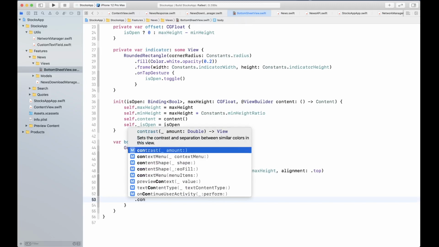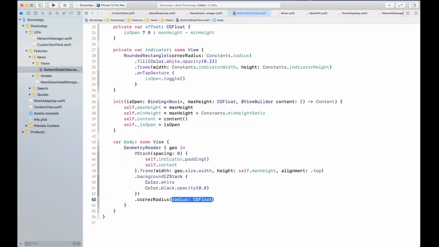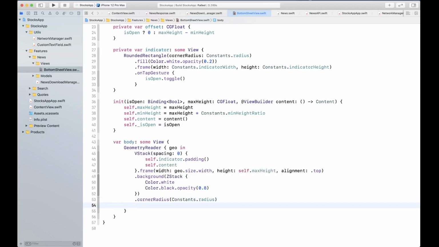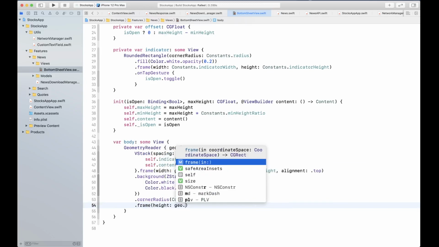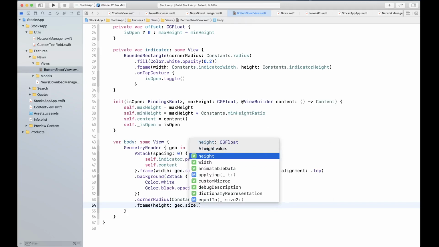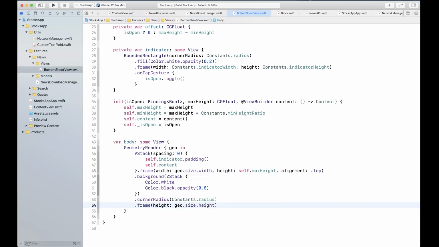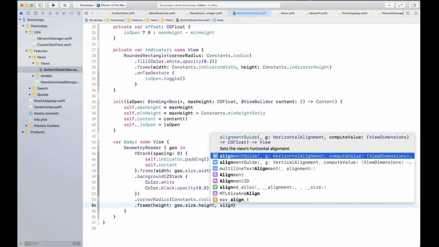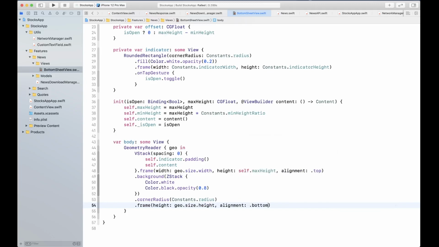Let's give it a corner radius, using the constant dot radius value. For the frame of this view, after the background has been applied, the height is going to be geo dot size dot height, and the alignment is going to be bottom.